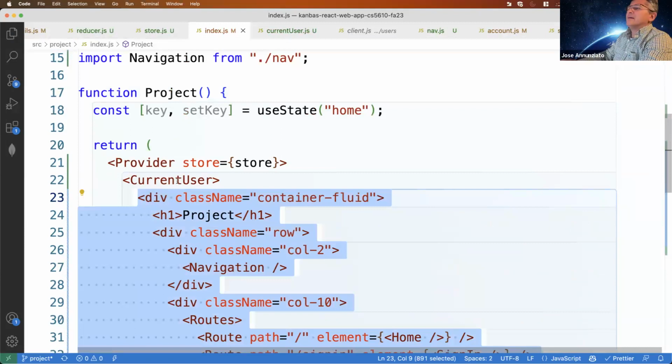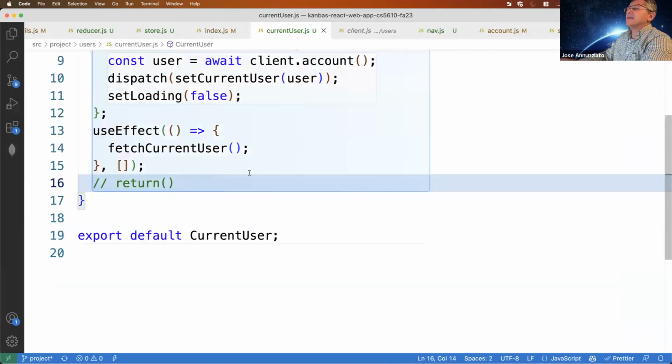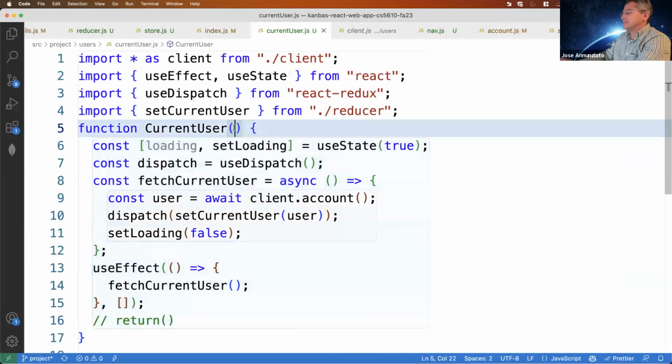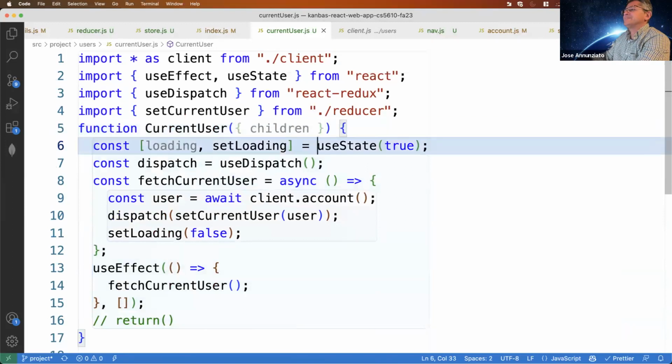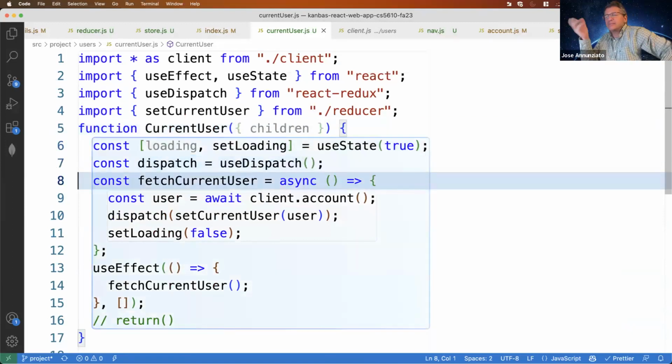And so the body gets passed to the current user component in an attribute called children. Children is a reference to all the content of the body of this component.